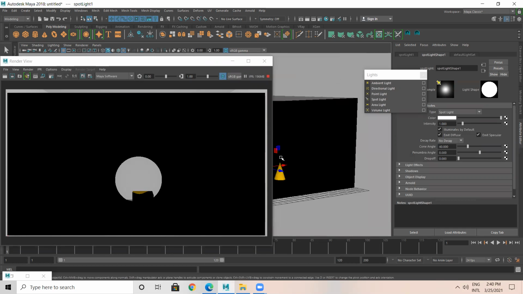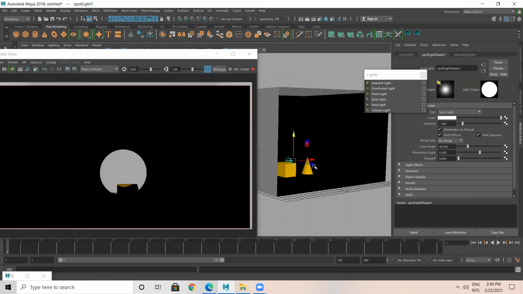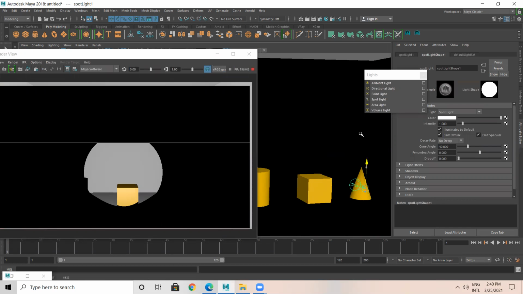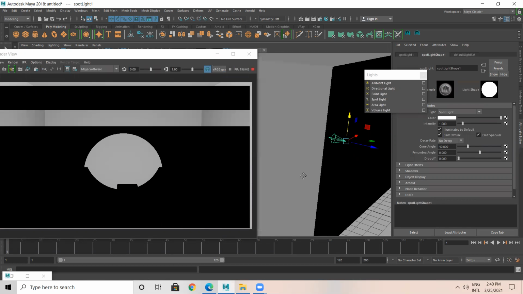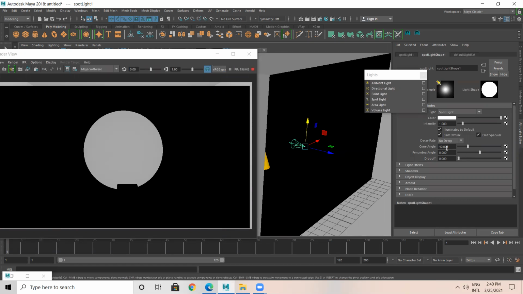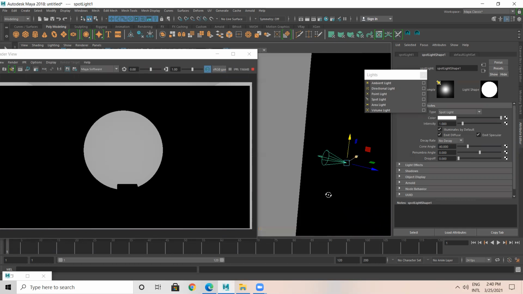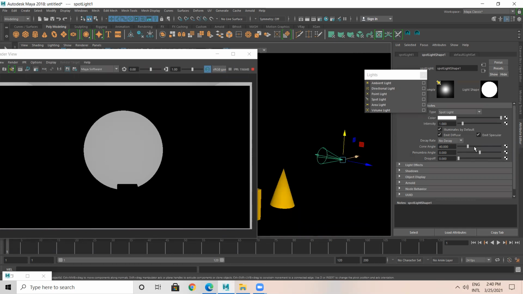This is how the spotlight looks. See here, a spotlight has a cone angle. There's a shape; this cone is like this. You can increase the cone angle. Observe the cone angle here, see how the light looks. These are the extra things only a spotlight has.